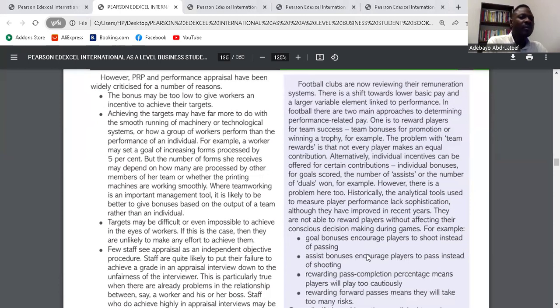Two, achieving the targets may have far more to do with the smooth running of machinery or technological systems, or how a group of workers perform than the performance of an individual. For example, a worker may set a goal of increasing forms processed by 5%, but the number of workers